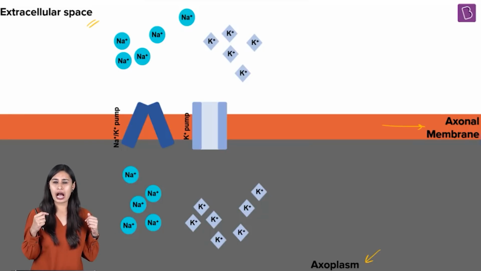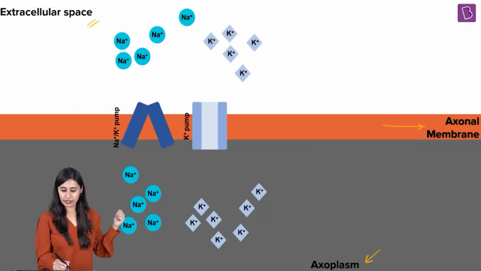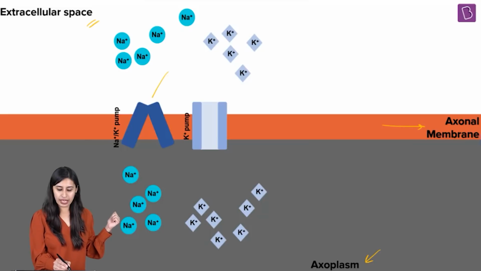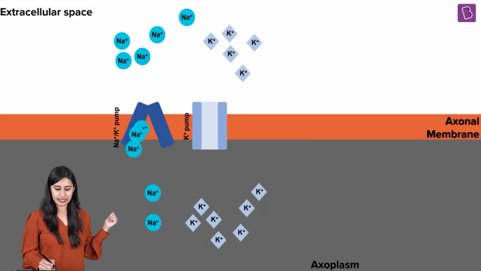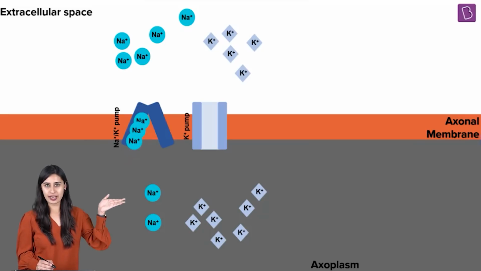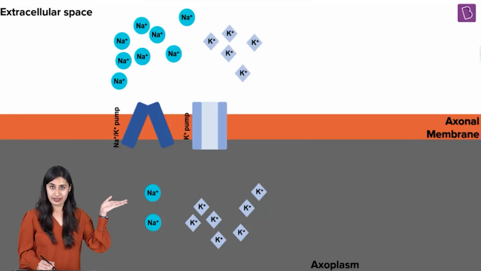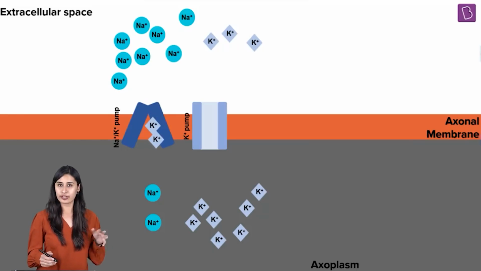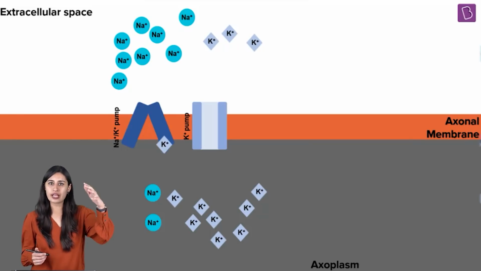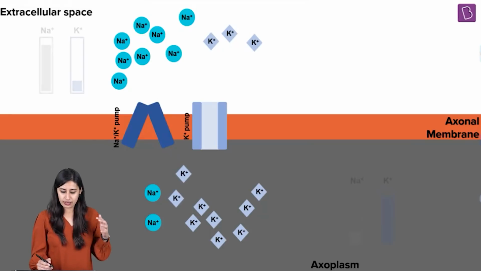If something is hot, I am going to respond to it. Who is helping me? Sodium-potassium pump. If there is any reaction that our body is showing to a stimulus, who is involved? Sodium-potassium pump. Right, so what is going on? Look at this. We have a sodium-potassium pump out here. Observe what is going to happen. Na+ comes here and goes out, and then you can see more sodium outside. K+ is entering and goes inside. For every 3 Na+ that goes outside, 2 K+ comes and goes inside.